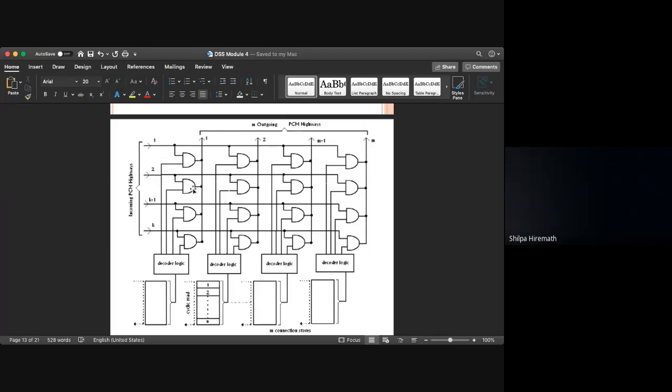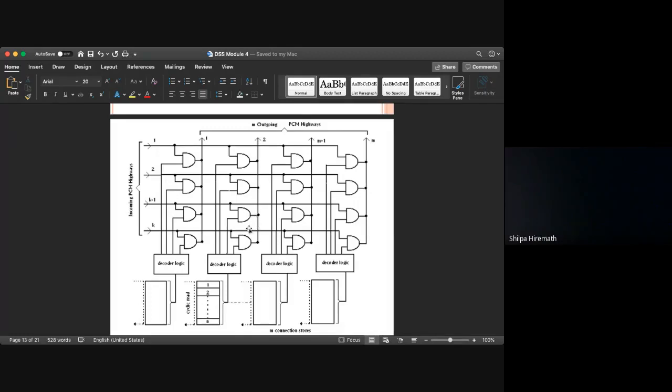So this is 0, this is 0, this is also 0, because there is only one terminal with high value whereas the other terminals are low. For this particular gate, both the inputs are high, so the output is high. So connectivity between the input highway 2 is made with respect to the output highway 2.